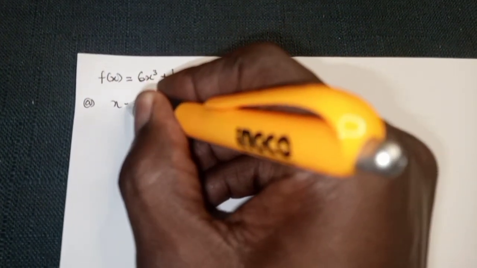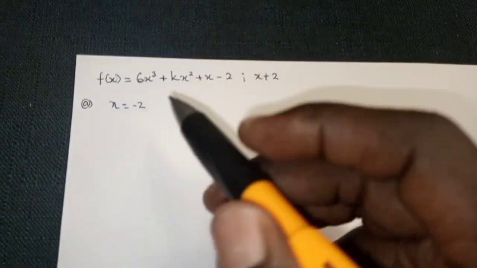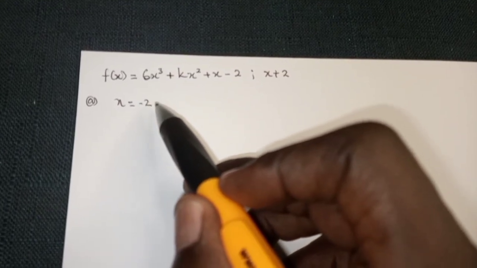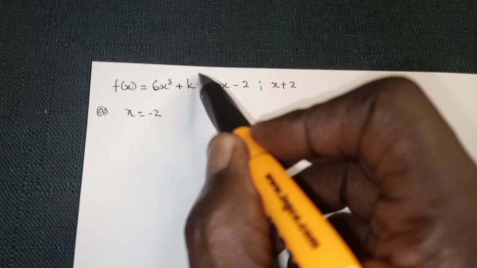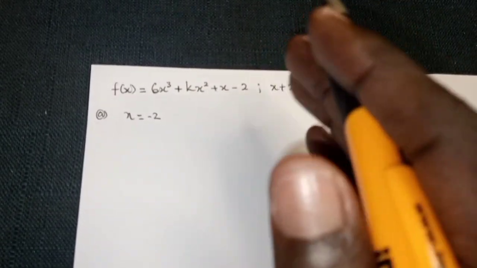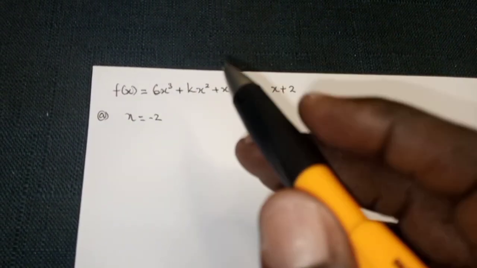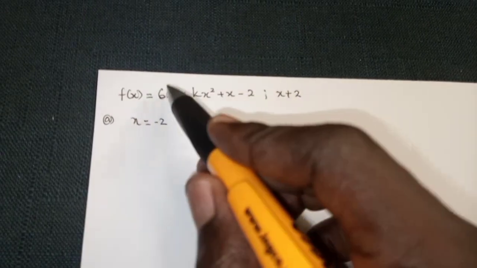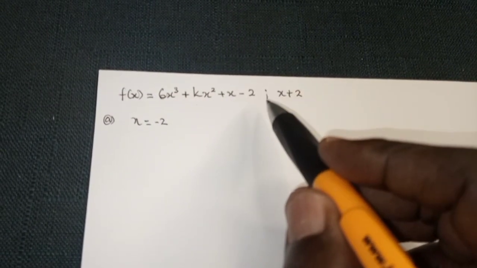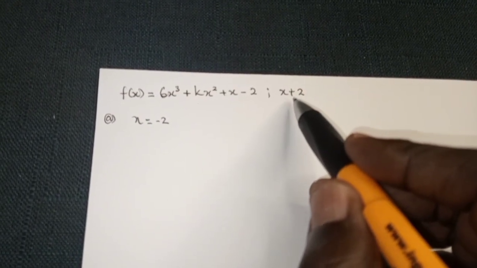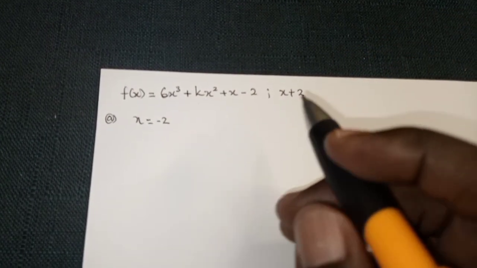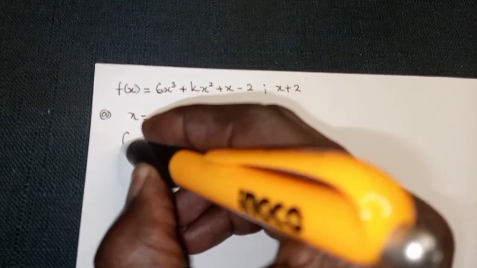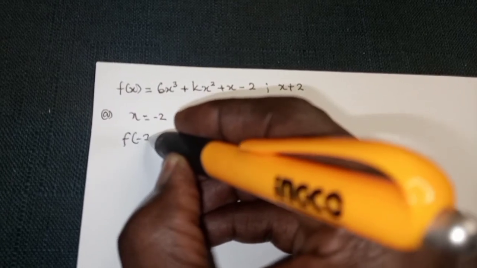So we put this x equals -2 into the function above and equate everything to 0, because since this is a factor of this, that means that when this is used to divide this, you get 0 as the remainder. So we have f of -2